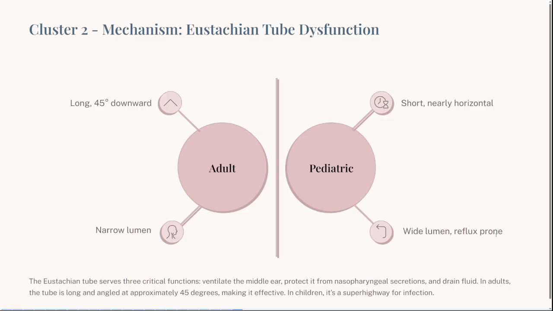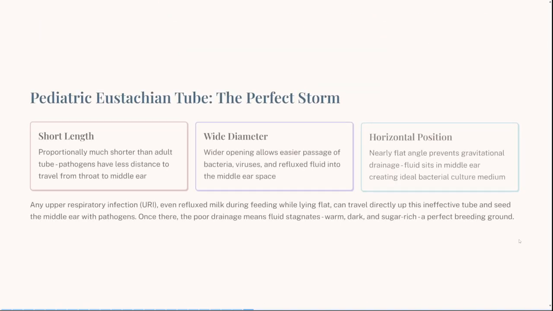So let's get into the nitty-gritty of otitis media, OM. How does that flawed anatomy actually cause an infection? Well, because the tube is so short and flat, it's basically a superhighway for pathogens from the back of the throat right into the middle ear. So any little cold, any little URI, or even just milk refluxing from the nasopharynx when a baby is fed lying down, it all travels right up that tube. And once that fluid gets into the middle ear,